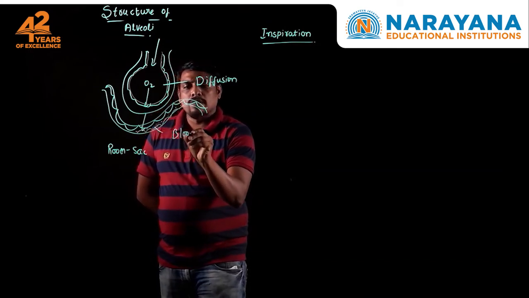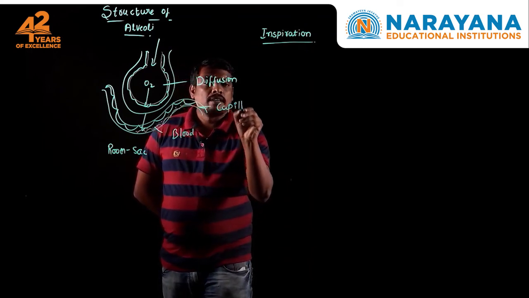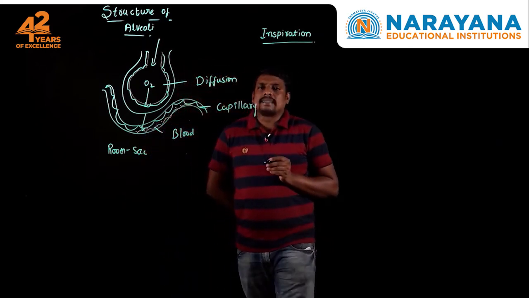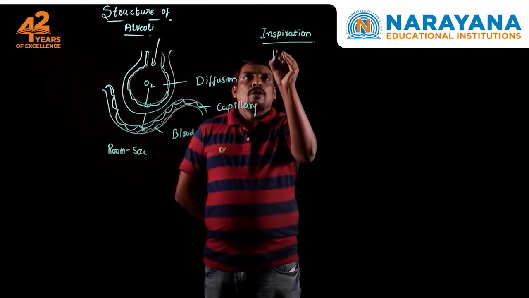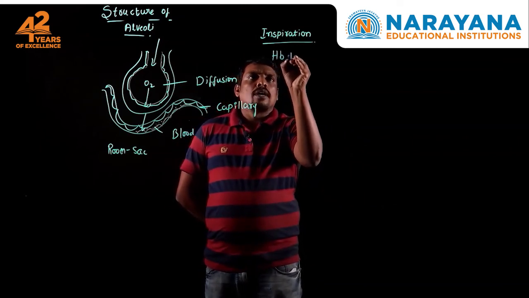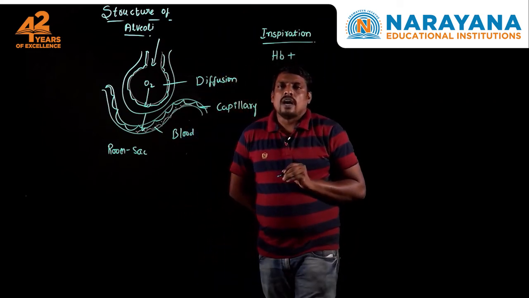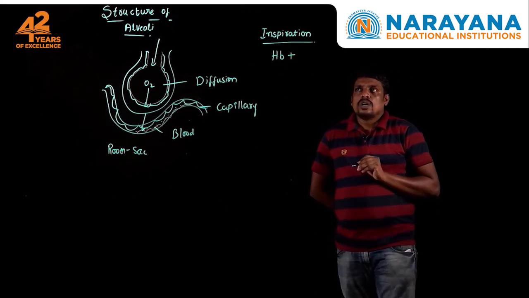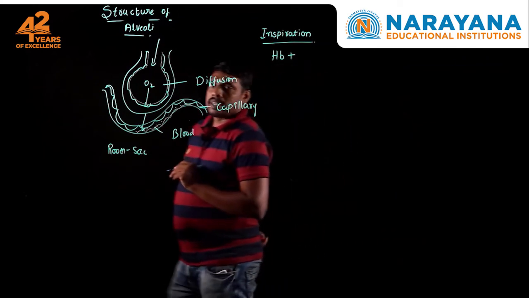Inside this capillary, the blood flows. The blood contains hemoglobin, a red-colored proteinaceous pigmented molecule, which receives the oxygen and carries this oxygen towards the cells. So, during alveolar gaseous exchange,